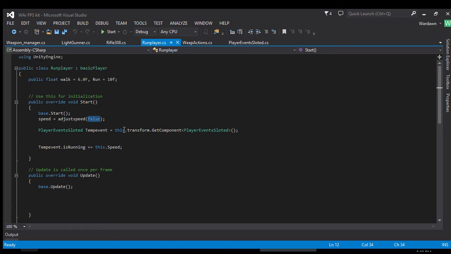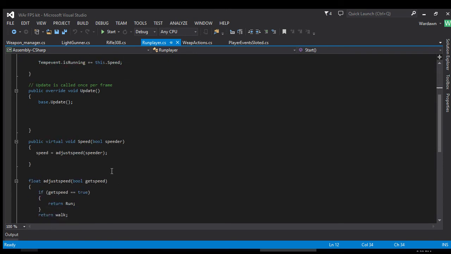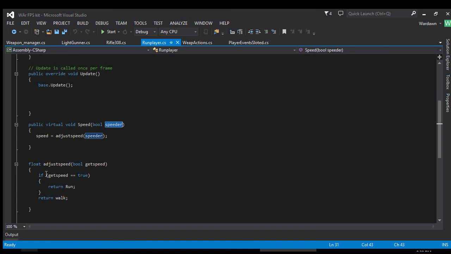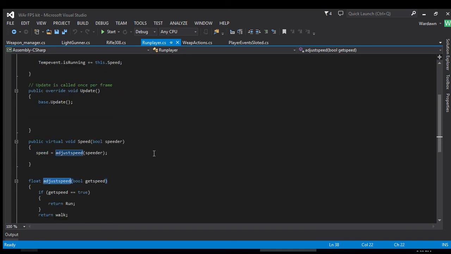I don't think it should basically go into the state of running right off the bat. So our speed calls this function. Speed, false. Okay, so it's doing false, and then we are getting the float. Now you're probably like, why don't we just call this directly right here? In the past we have, but see, the